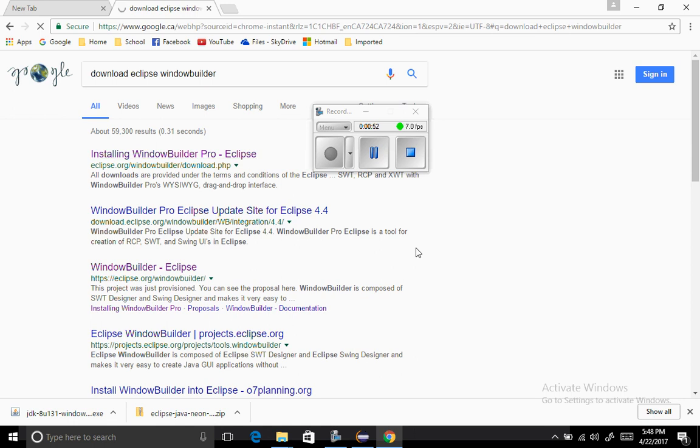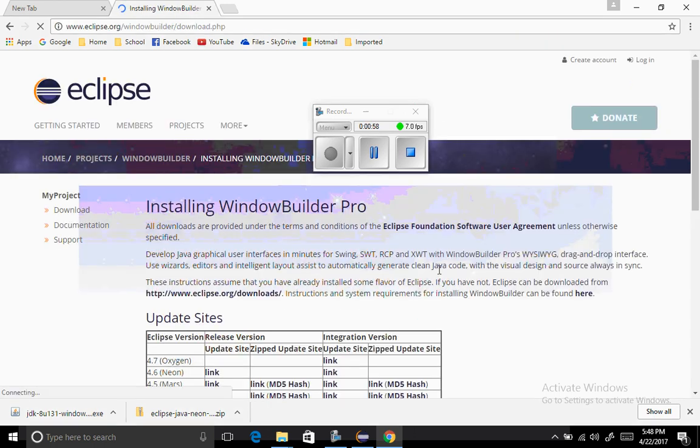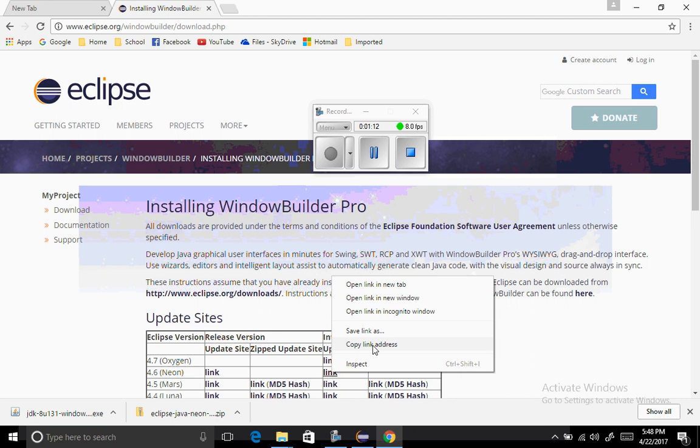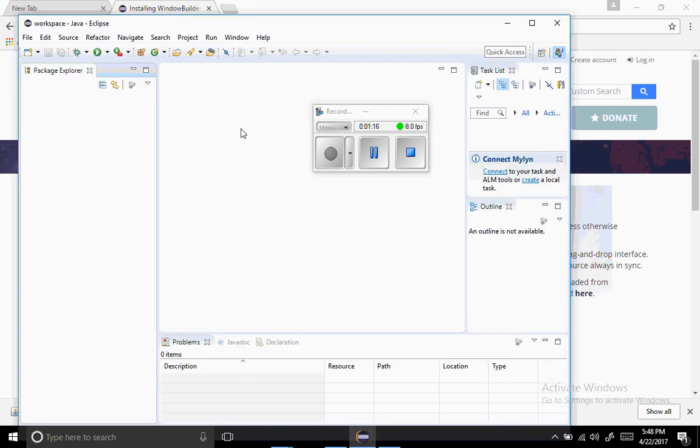And this is strange because it's not actually a piece of software that you download and use. You kind of tell Eclipse where to go to install the software. So you see this, the release version and the integration version. The one that I got to work was this one. So I'm just going to copy this link, copy link, and then I'm going to go back to Eclipse, and